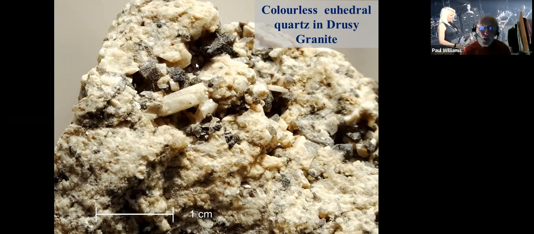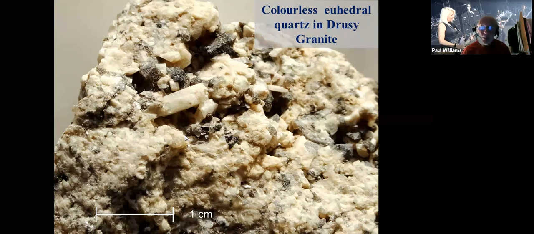And this forms as a result of a large amount of water in the crystallizing magma. It's not a very common occurrence, but I'm putting it in here to show you that you do need to be aware of these sort of things. Most of the time, your quartz will be granular and anhedral, but occasionally, rarely, you've got euhedral quartz if you've got these particular conditions where the magma is water rich and you're crystallizing